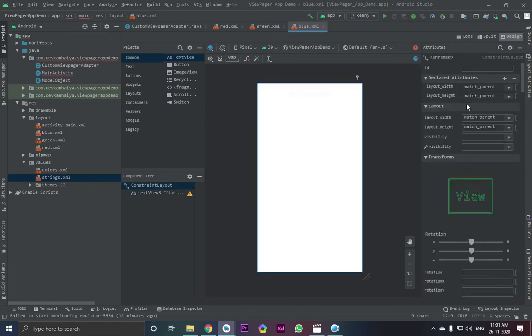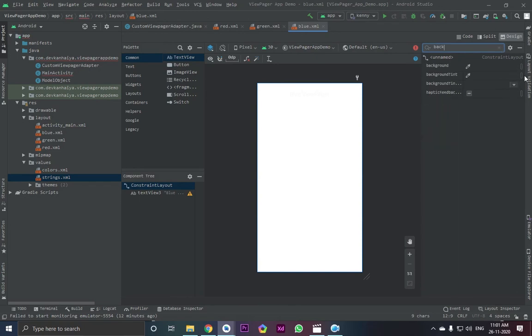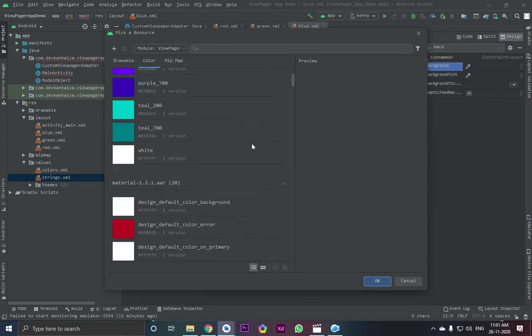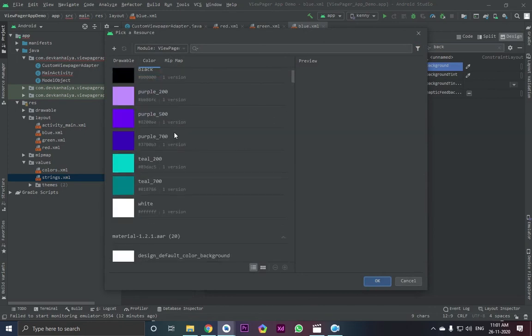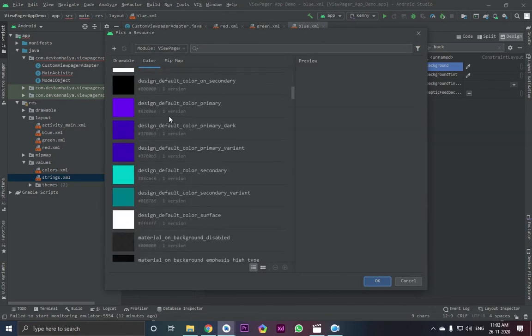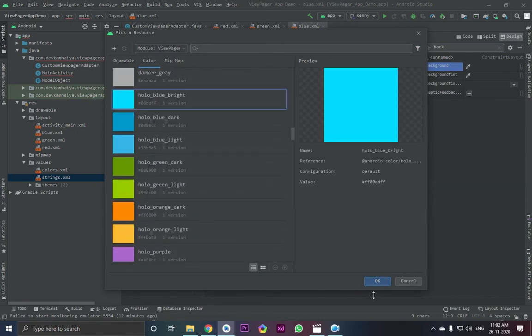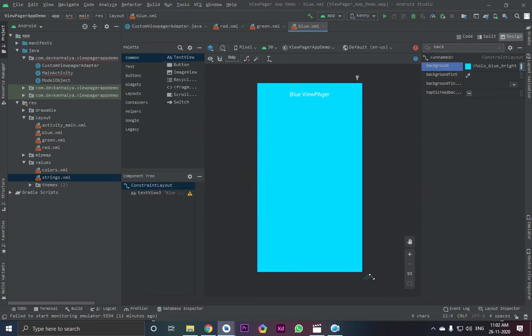Now constraint layout, let's see background. So the background color will be blue. Let's search for blue color. Yeah, this would suffice, but let's see here. Yeah, this would look good. Okay, now the layout has been created.